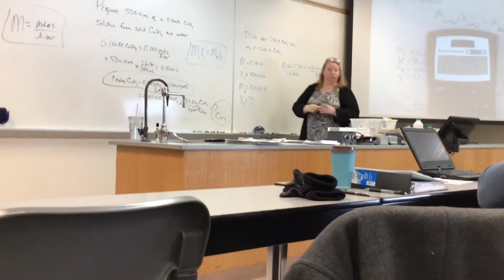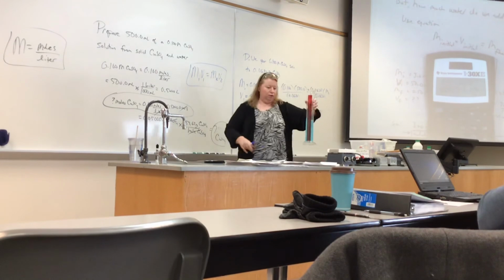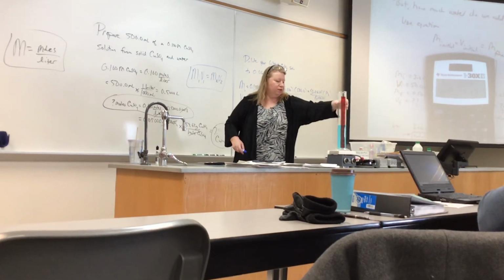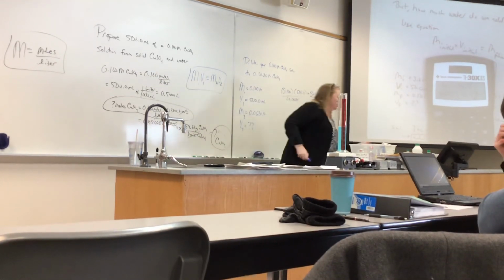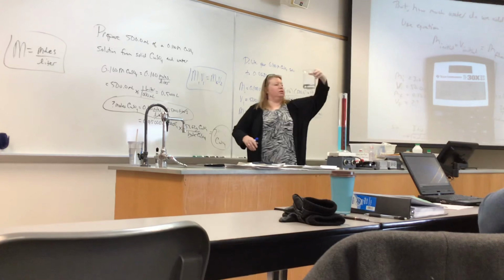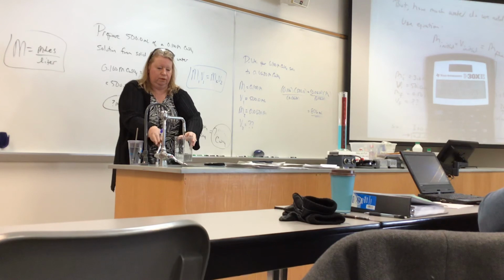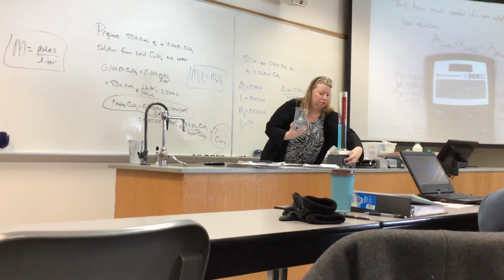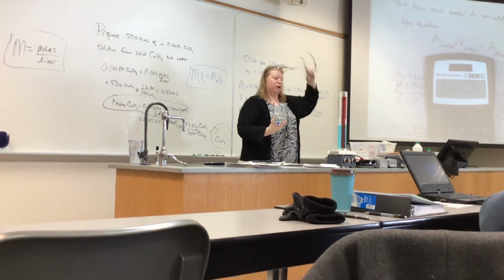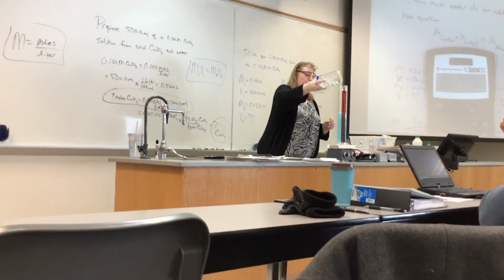What does this mean I should do? Let's just get this out again. Should I add 306 milliliters of water? Exactly. So I already have 500 mils total volume here, don't I? Which includes the volume of the compound that's dissolved in there. So do I have 800 mils? Not quite. So I'm going to go add a little bit more water here. So I'm going to take my 500 mils of solution. Goggles back on. And I'm going to add water up to the 806 milliliter mark, which is basically